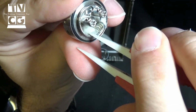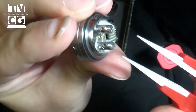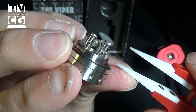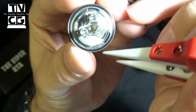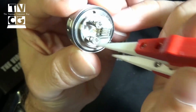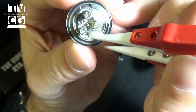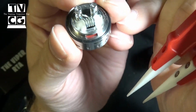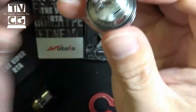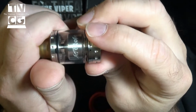Put the cotton back in there, and you can see the post holes are not tremendous. They're okay, but this is a single coil RTA, so don't expect to put some giant Claptons or something crazy in there. This is the coil that it did come with. And when we put the top back on,